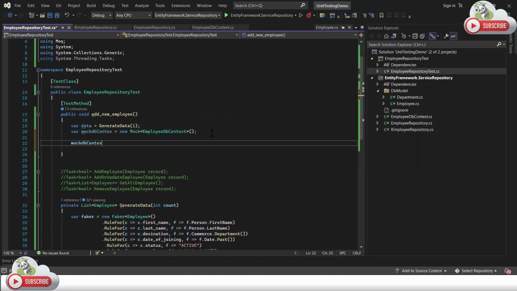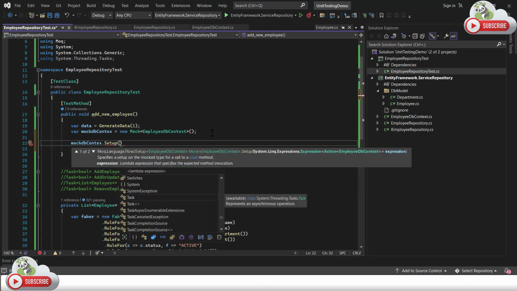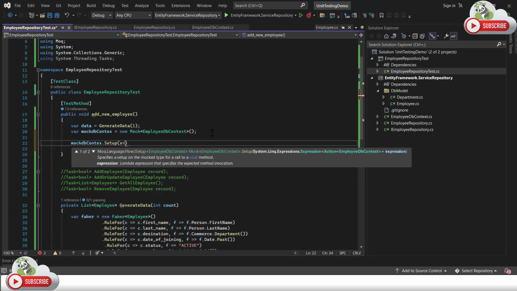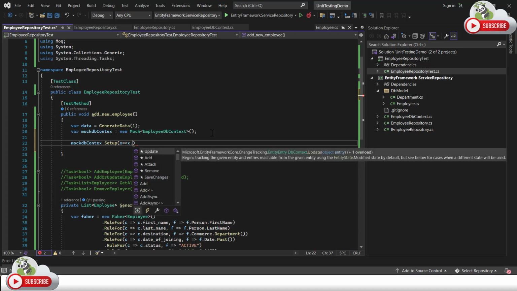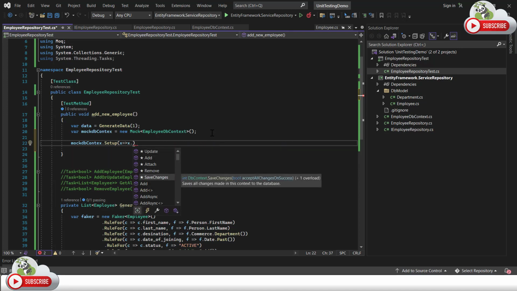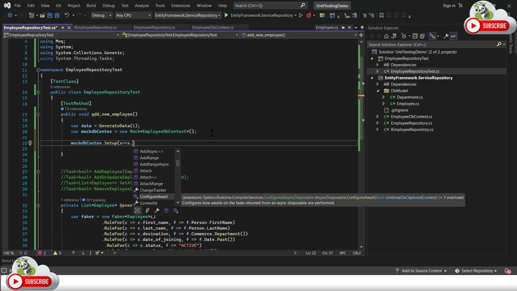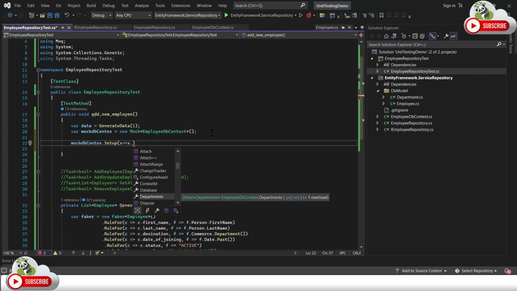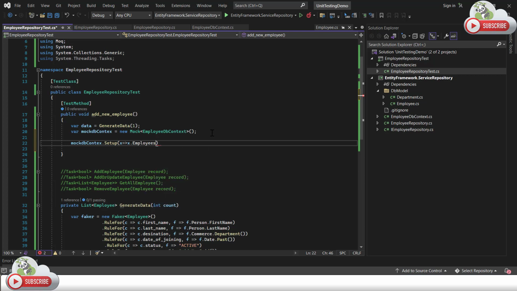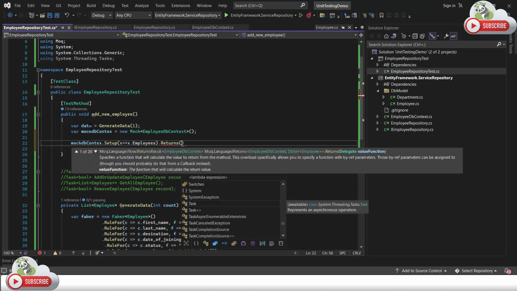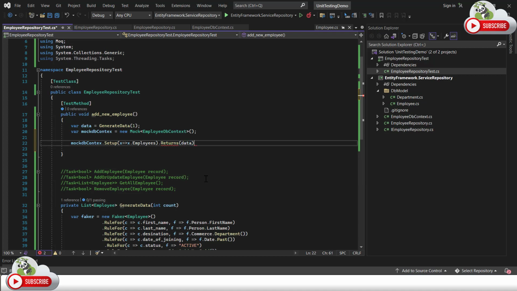Now with this, I'm going to set up my record. So you can use the Setup method to set up your DB context method. So here we will have x dot number of methods. Let's say we have update method, we have a save changes method, or you would find the DB context with the name of your class, which is employee class. So I would like to set my employee records, and for this reason I'm going to use the data which we have here. Let's save this,